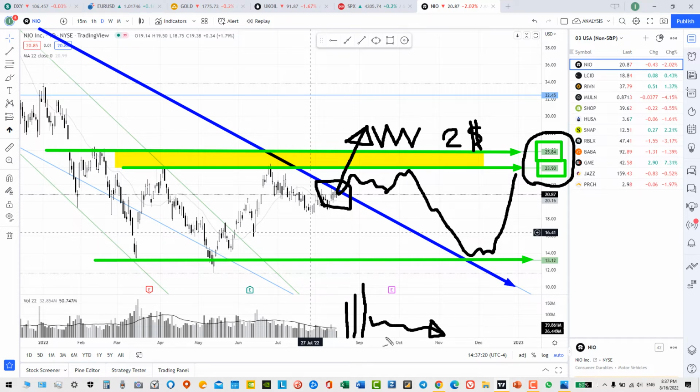If these conditions are met, we can say that NIO turned positive over the medium term, and its first and nearest target